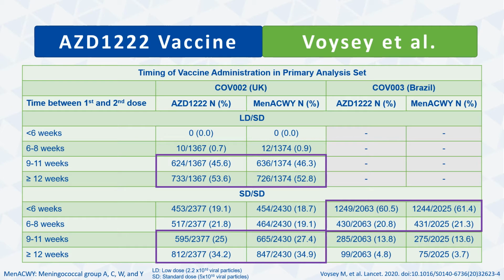In the low dose group, most participants received their second dose greater than or equal to 12 weeks after the first dose, and the other half of participants received their second dose between 9 and 11 weeks. For the standard dose group in COV-003, a majority of participants received their second dose less than 6 weeks after the first dose, and in COV-002, most of the participants received their second dose greater than 8 weeks following the first dose. These differences in intervals are important to keep in mind when evaluating efficacy data in the later slides and the currently approved time